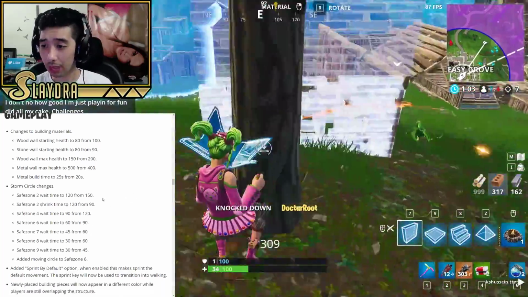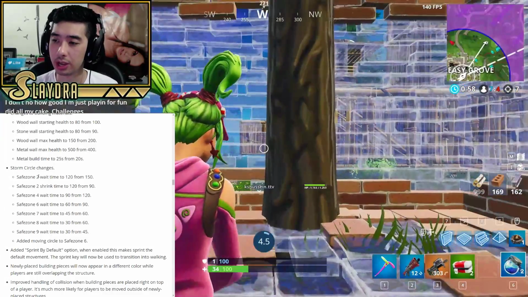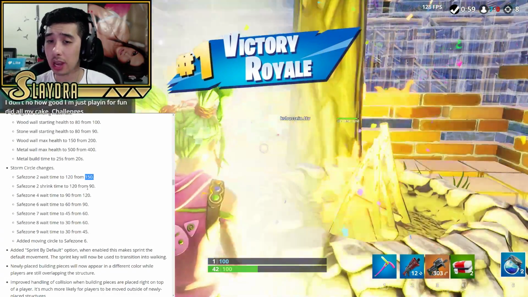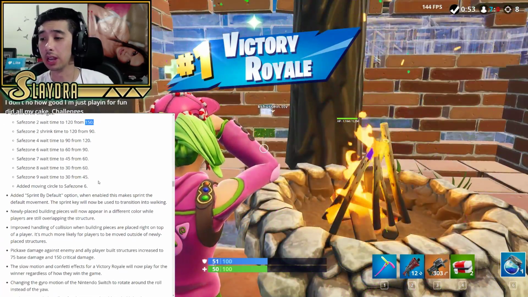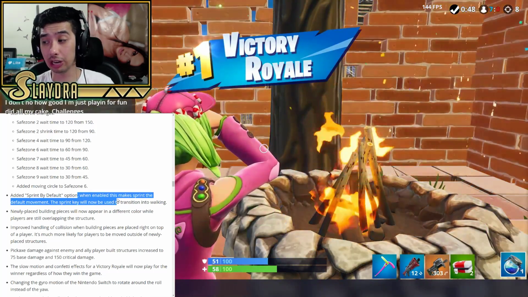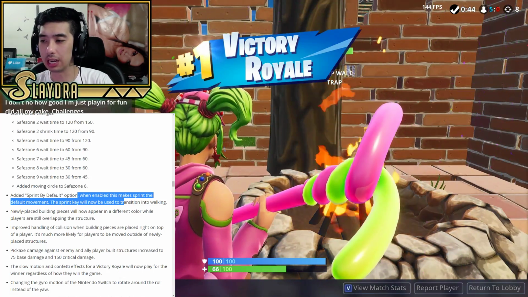But anyways, also some small changes from the safe zone. You can see the safe zone wait time went from 150 to 120. So the game's a little bit faster in this aspect, which I guess is kind of nice. And also they added a sprint by default option, so this is actually kind of nice. I personally want to try it out later tonight, which just makes it so you can enable sprint instantly